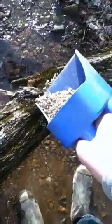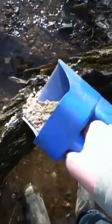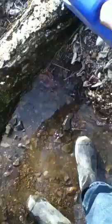These trees up here are real good for putting bait on. You don't want to put it in the water. I mean, the birds will probably end up putting it in the water anyway, but